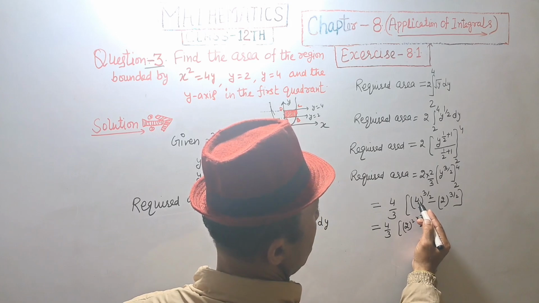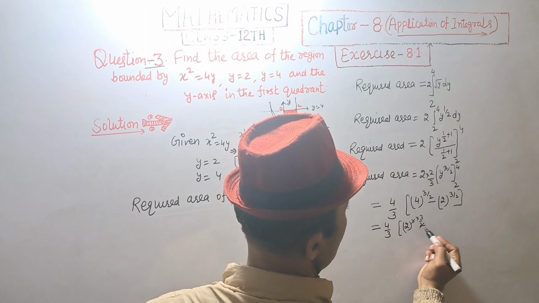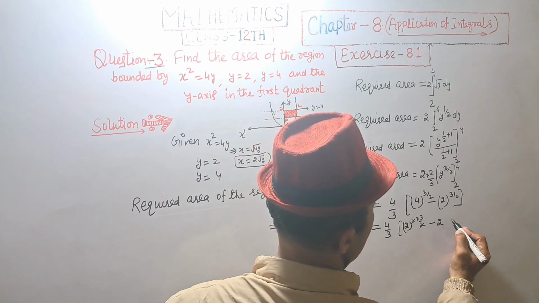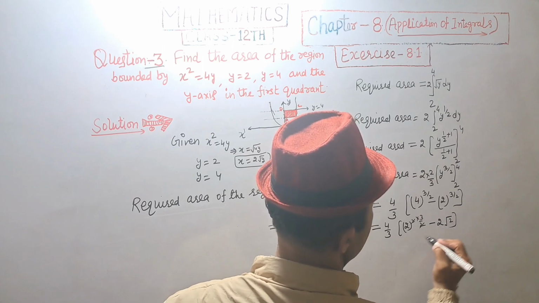We can write 4 is equal to 2 raised to power 2 and this power 2 is cancelled, and 2 raised to power 3 upon 2 we can write as 2 into root 2